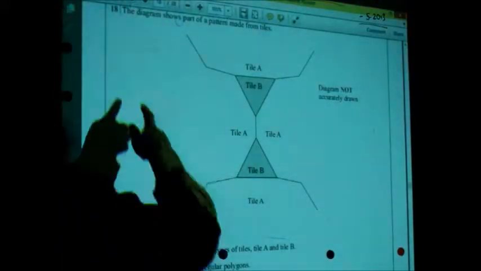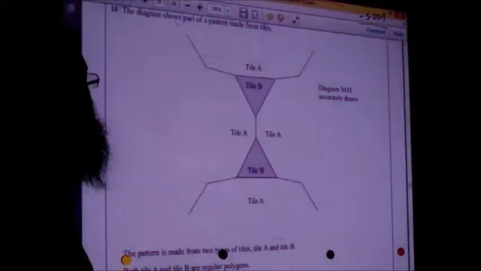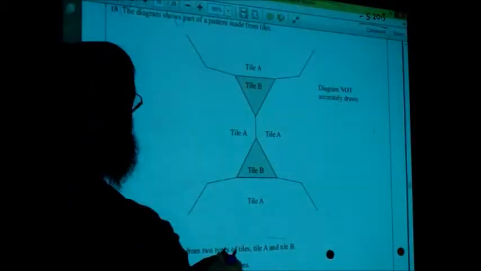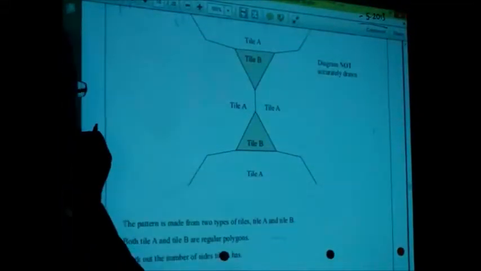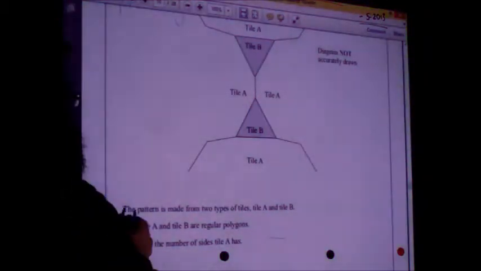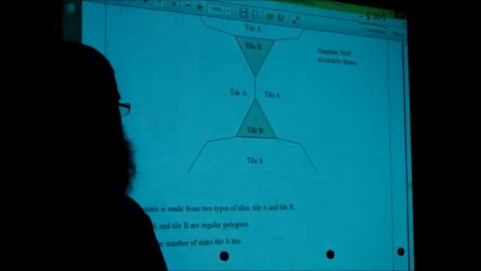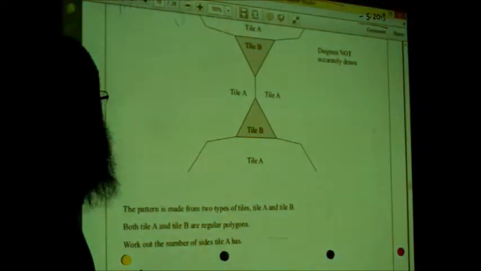It says the diagram shows part of a pattern made from tiles. This is paper 1, meaning non-calculator. Some part of the questions actually come off the bottom of the video, so we can take up just a few bits here. A little more. That's it. Stop there. The pattern is made from two types of tile, tile A and tile B. Both tile A and tile B are regular polygons, and the key word in this question